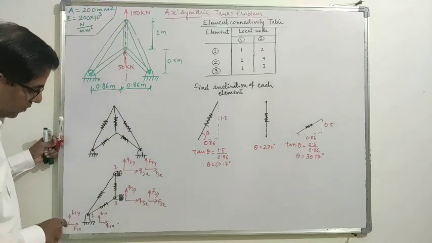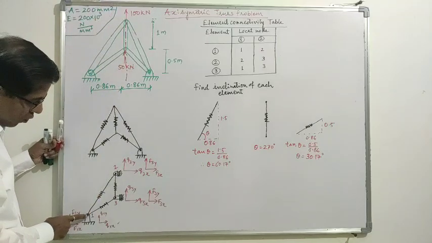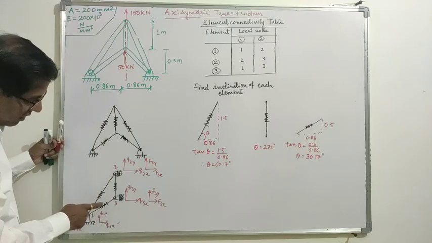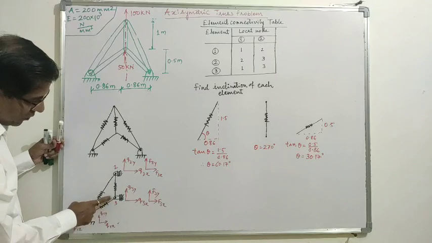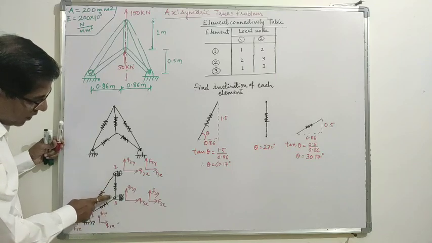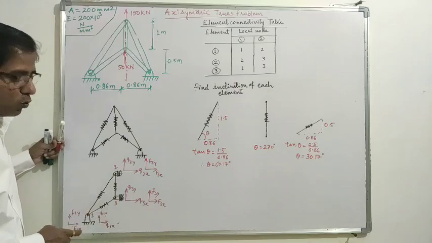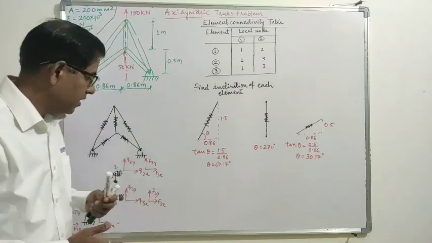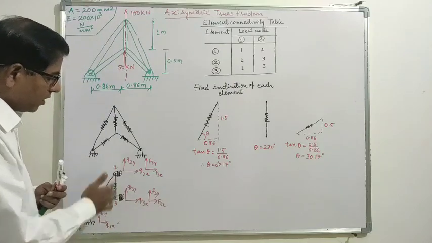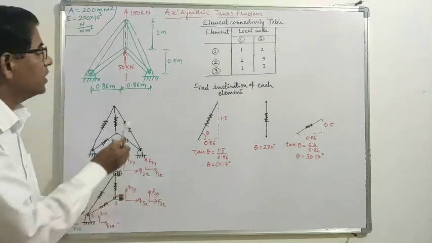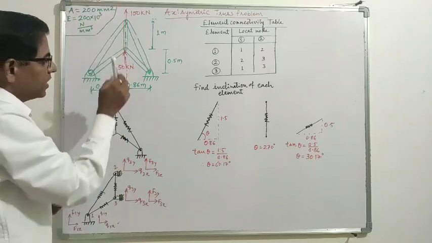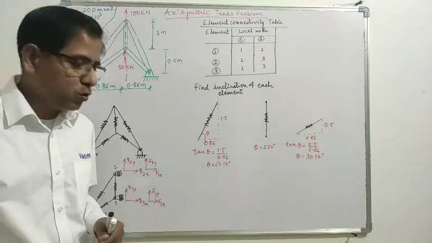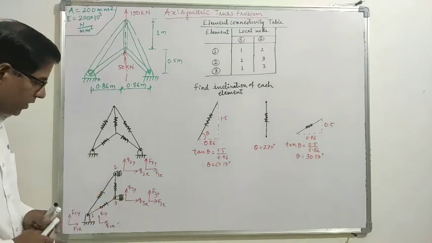So we have cut this truss problem in half and then discretized it. This is the half portion that we have considered. Node number 2 and node number 3 are given roller supports. The roller supports are arranged in such a way that they allow movement in the direction of force. Force is applied in the vertical direction, so that is why we have given vertical roller supports at node number 2 and node number 3.